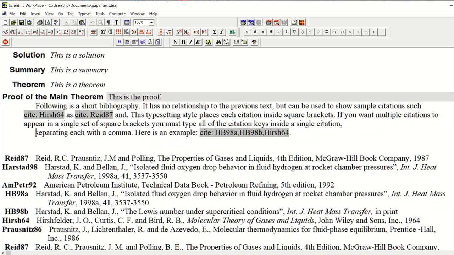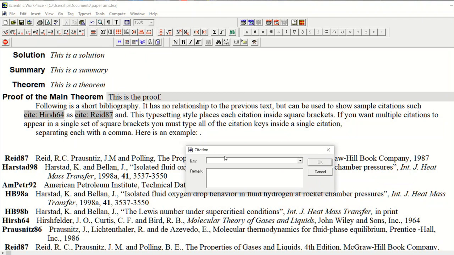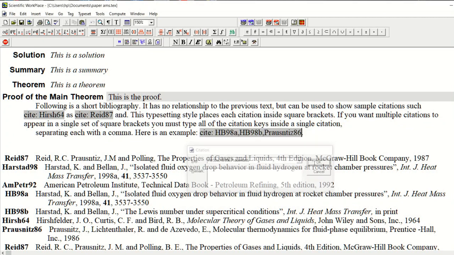If you want multiple citations to appear in a single set of square brackets, you must type all the citation keys inside a single citation, separating each with a comma. Here is an example. We will press the citation button and here we will write all the citation keys inside this single citation and then press OK.